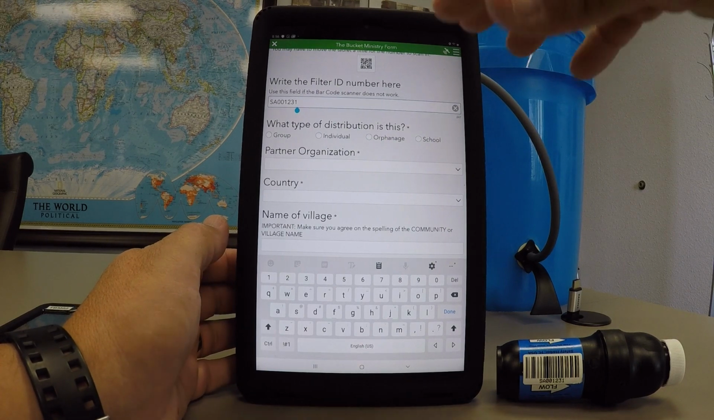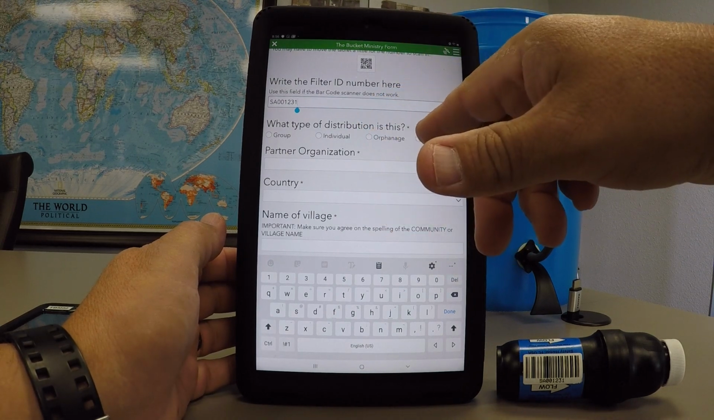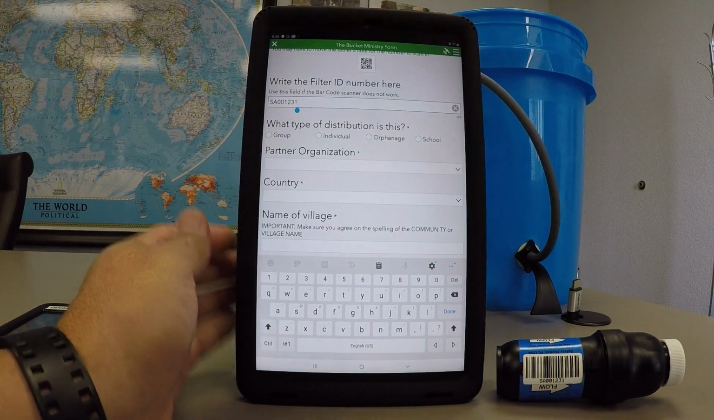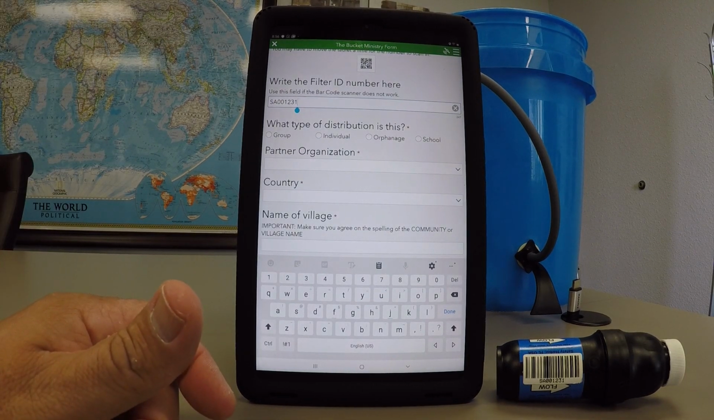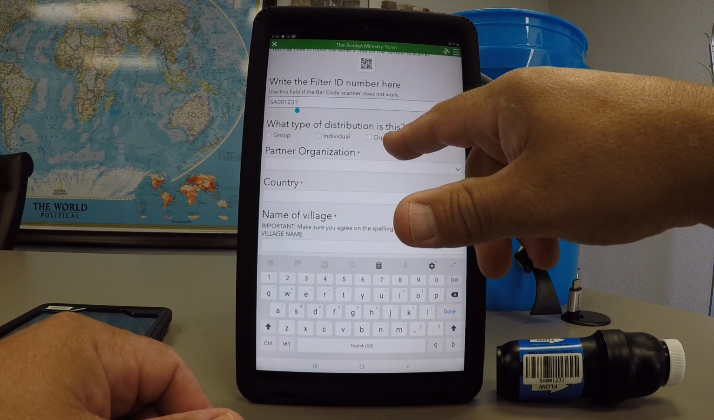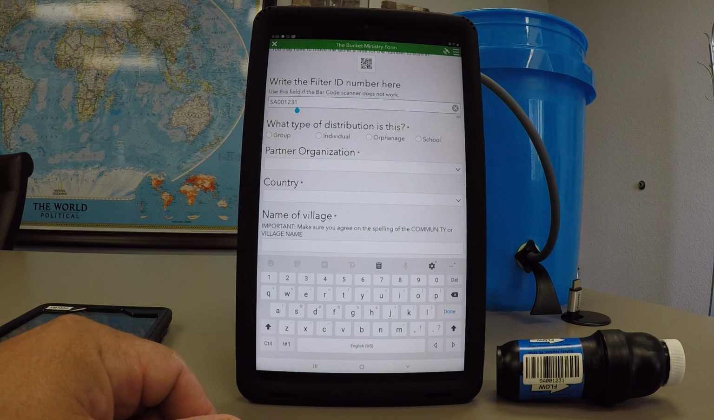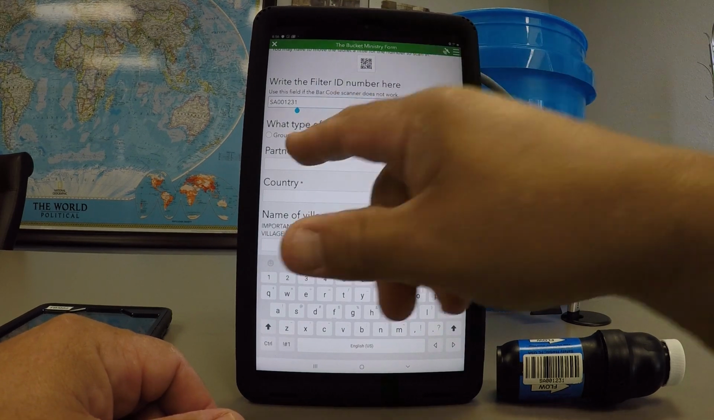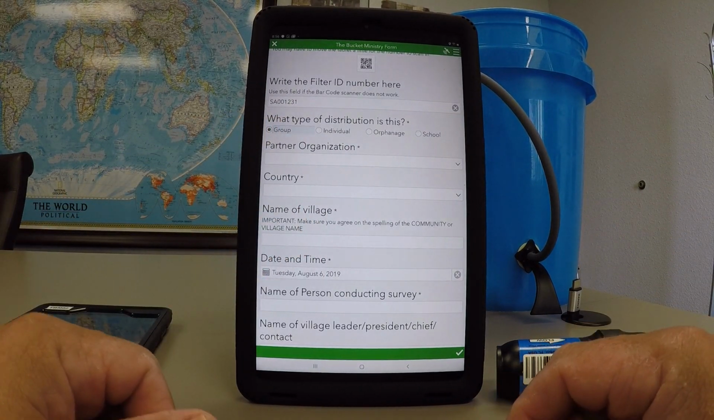Now the next thing that we're going to type in here, which is required, is what type of distribution is this? Is this a group distribution? Have we gathered an entire village together and we're going to hand out buckets to every home in that village? Is this an individual distribution? Are we going home by home distributing the bucket filters? And then is this an orphanage or is this a school? And we have specific questions related to each one of those as well. So in this case, I'm just going to click that this is a group distribution,